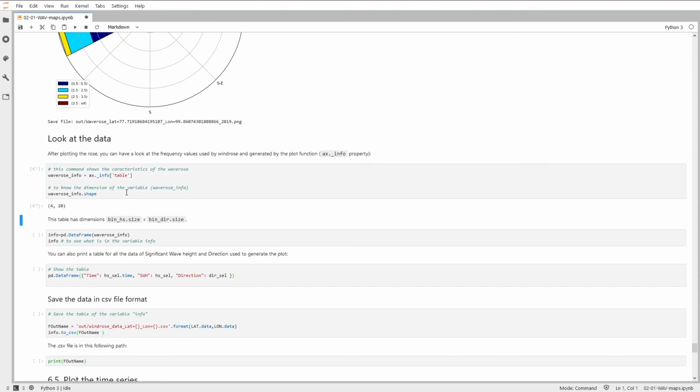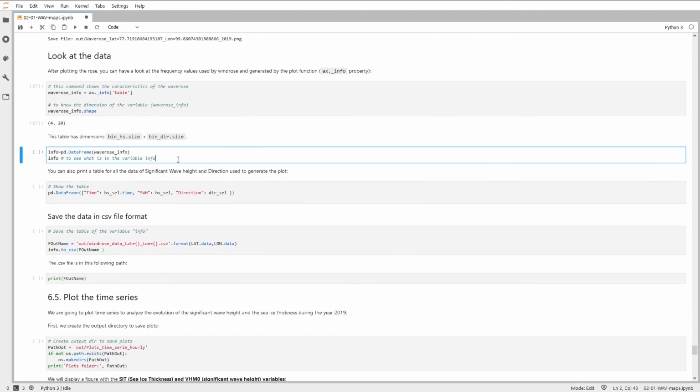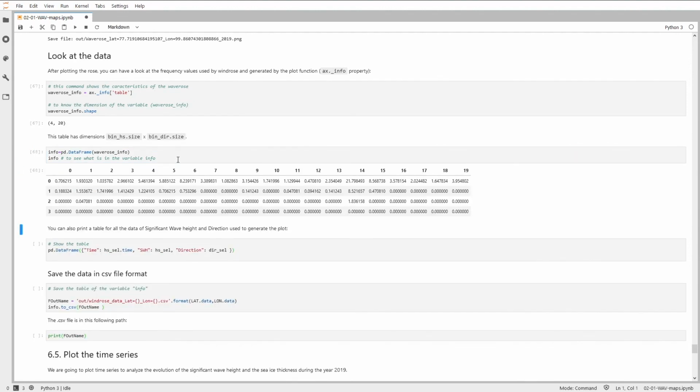Now let's have a look at the data. We can have a look at the frequency values used by windrose and generated by the plot function axinfo. So we are going to look at the shape of this table, which is 4 by 20, 4 being the number of bins for wave height and 20 the number of bins for the direction. We create a Pandas data frame from this information and see what it looks like. So we indeed have a table with 20 columns corresponding to the direction and 4 lines which correspond to the different